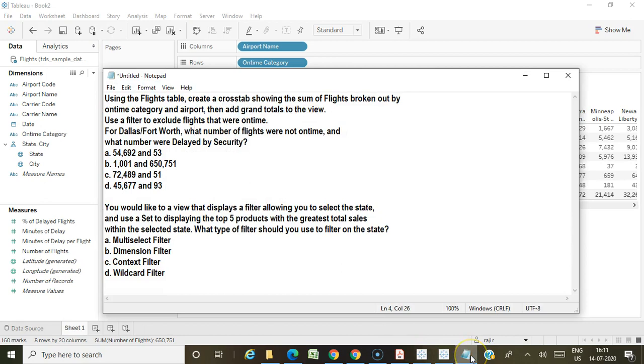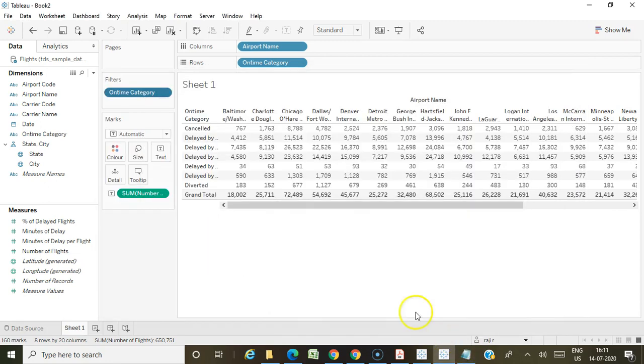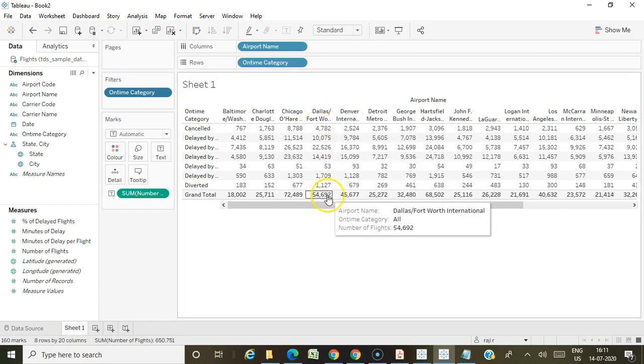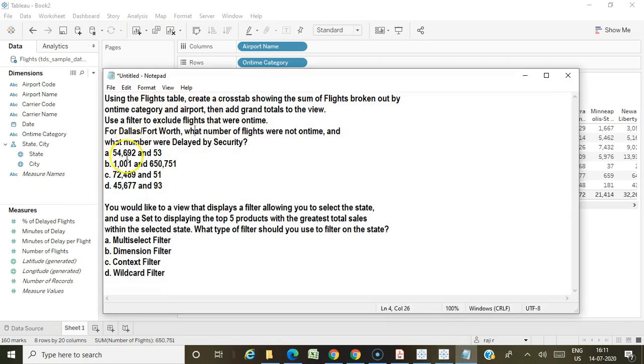Now we have to find, for Dallas Fort Worth International, the number of flights that were not on time. The total number of flights which were not on time is 54,692. Then what number were delayed by security?